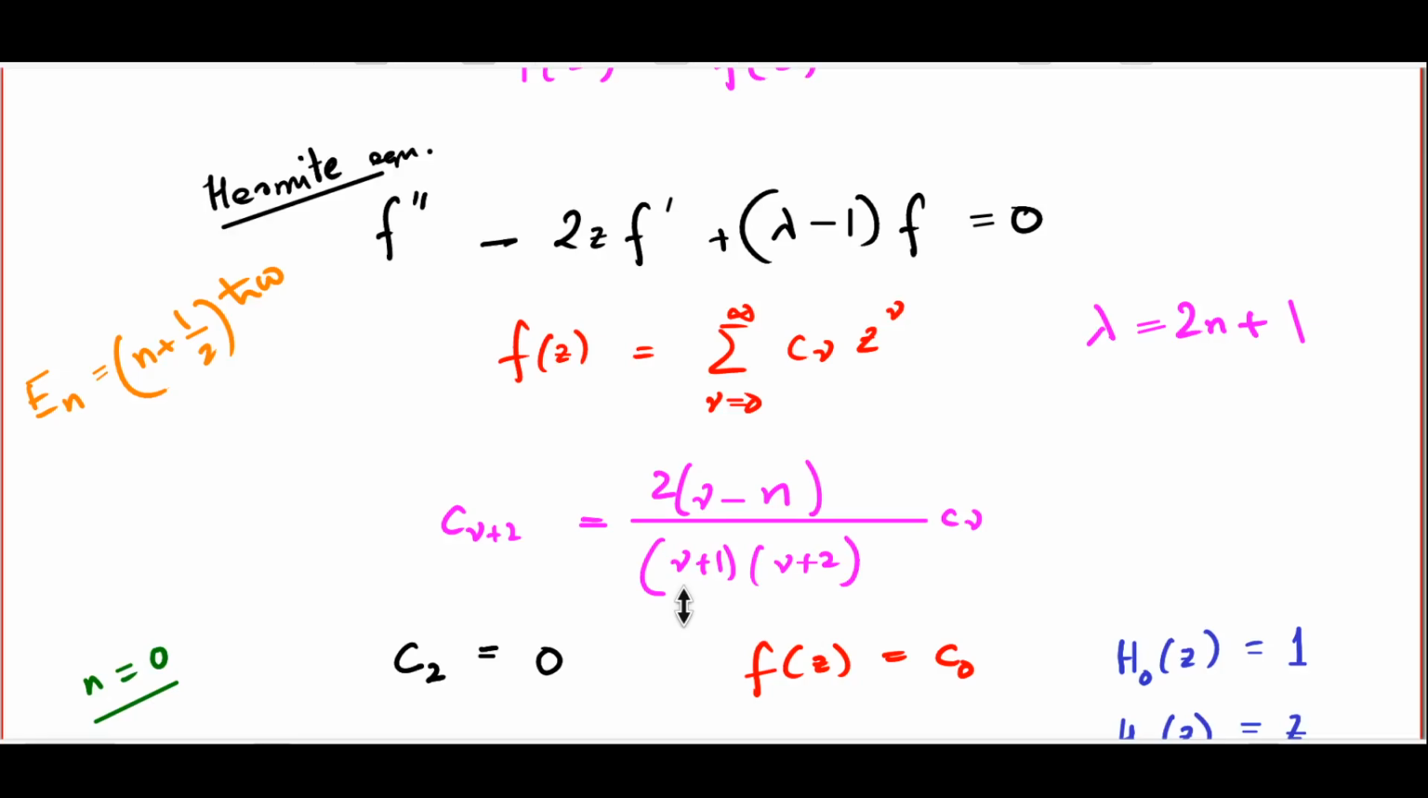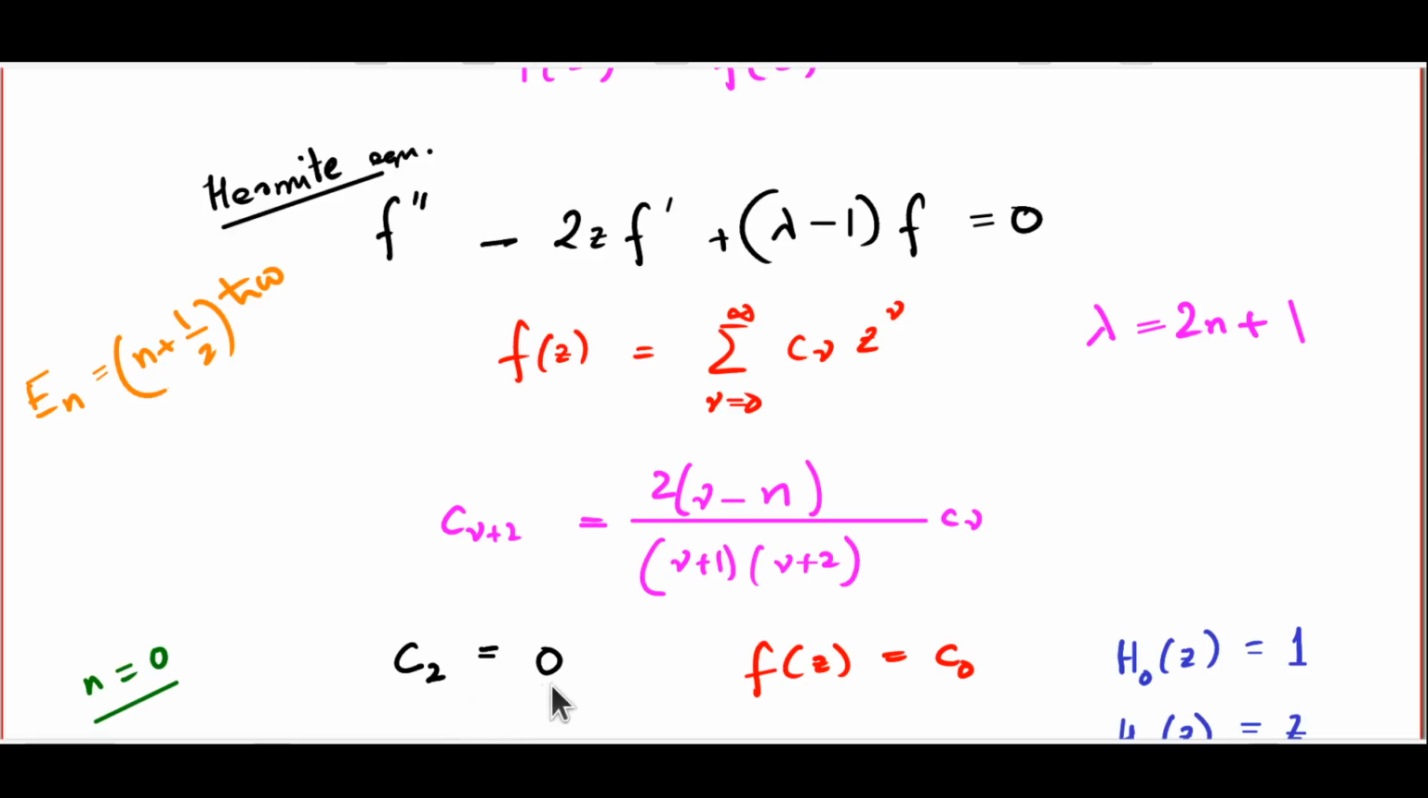and n is just the degree of the polynomial. So by choosing different values of n, we will get polynomials of different degree. So let's see what kind of polynomials I get. The simplest choice, if you take n equal to 0, then C0 can be non-zero, but C2 will have to